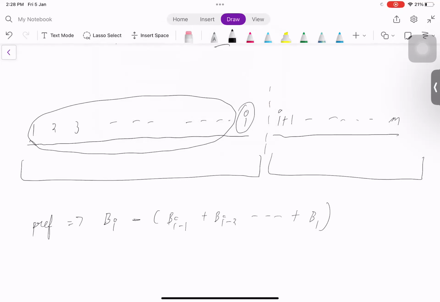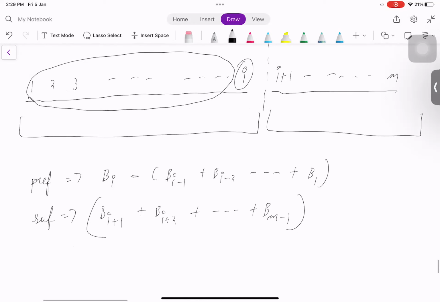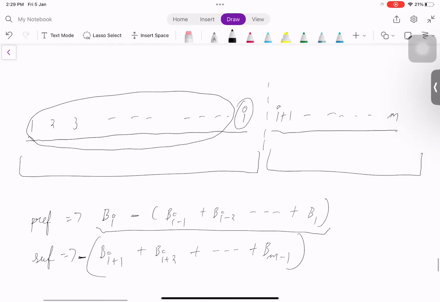And in the suffix part, we are assuming that all the values from B of I plus 1 plus B of I plus 2 plus so on plus B of M minus 1, whatever this part we have, that part will completely get subtracted from the suffix, is what we are assuming. Right? This will completely get subtracted, whereas the prefix part will partially get subtracted, is what we are assuming. So this kind of scenario can exist, and that is because